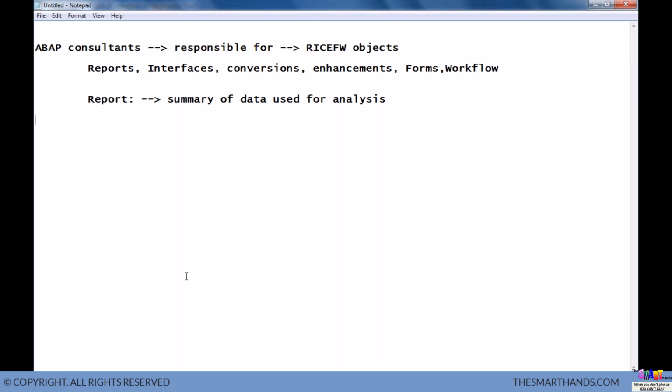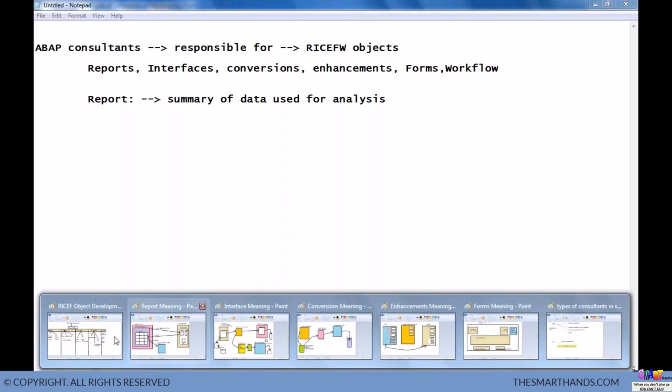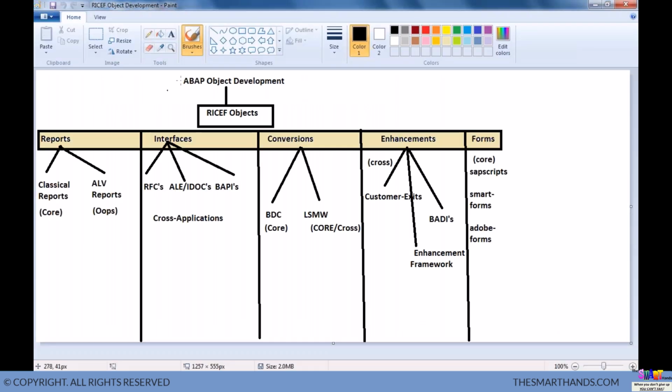So it is something like this here. You can see ABAP object development. We are involved in developing RICEF objects, including workflow. Again, workflow is a separate module, but sometimes you may also be involved in workflow customization. So we have different types here: reports. If you take these reports here,